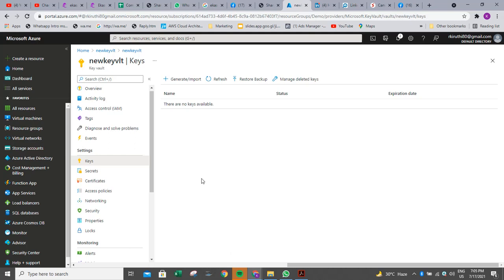Management operations use role-based access control, and there is a built-in role, Key Vault Contributor, that provides access to the management features of key vaults, but it does not allow access to the key vault data. For that we need a different role. There is a Contributor role that has full administration rights, so through that role we can get full access to that key vault.